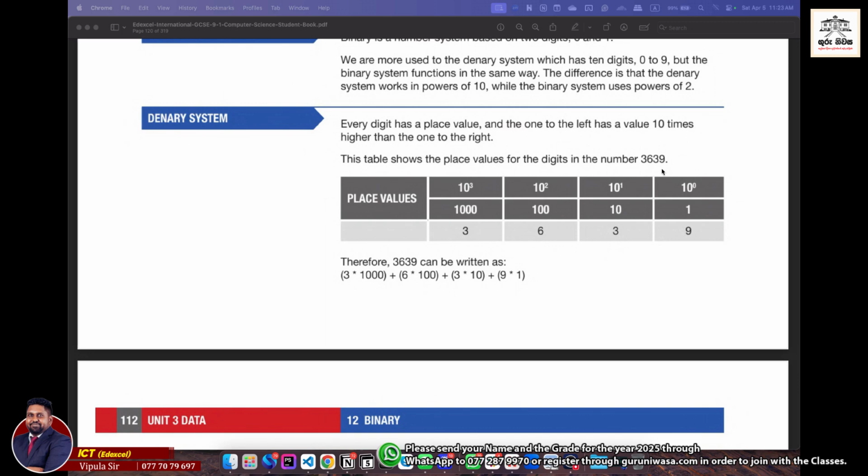For example, if you take the place value 10 to the power 0, that means we are talking about values from 1 until 9, right? Then if it is 10 to the power 1, that means we are talking about values more than 10, right? Likewise, it can go up to whatever 10 to the power value you want. Now this is actually a question you will get in the exams,